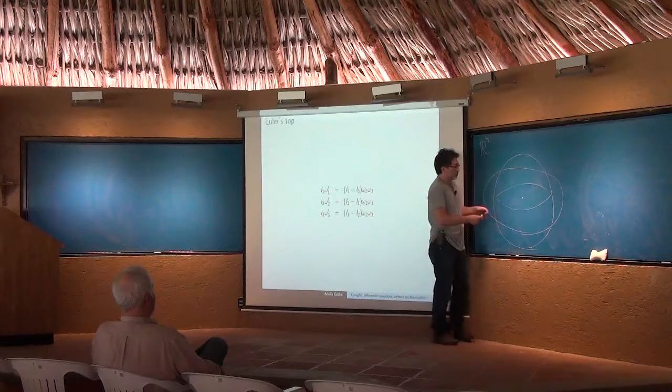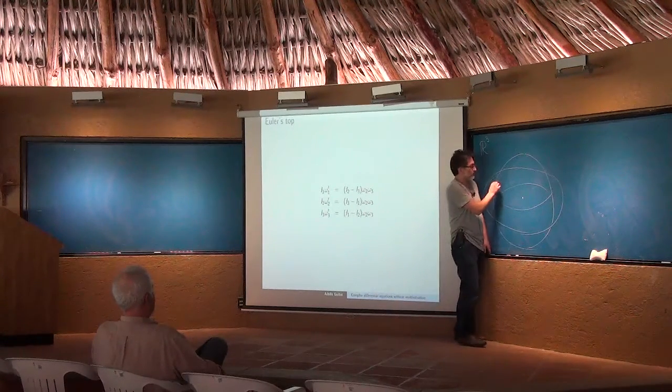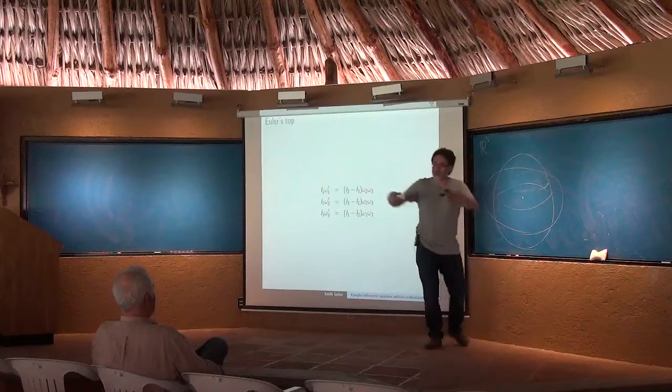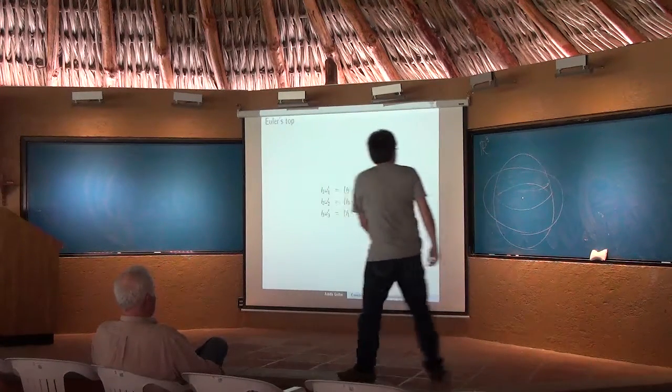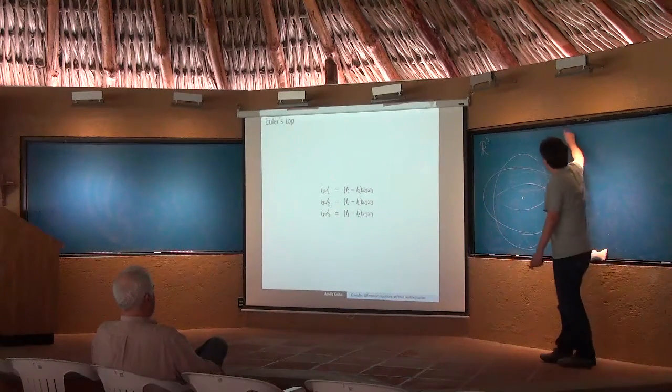So each orbit takes place in the intersection of the sphere and an ellipsoid in general. So it's some closed curve. I won't even draw it, but you see what it is: the intersection of a sphere with an ellipsoid. Okay? So